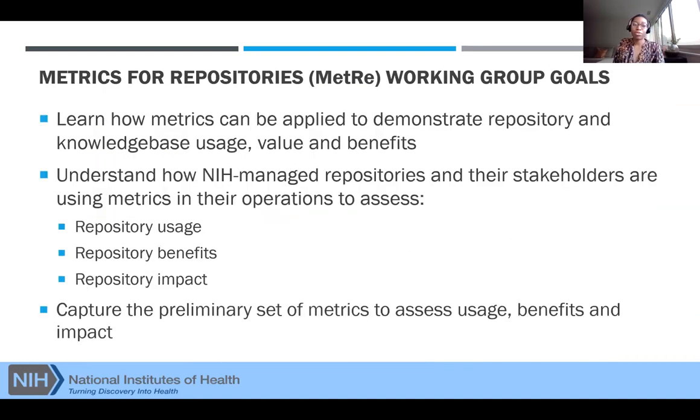So the Metrics for Repositories Working Group goals are to learn how metrics can be applied to demonstrate repository and knowledge-base usage, value, and benefits. We also want to understand how NIH managed repositories and their stakeholders are using metrics in their operations to assess these three things. And finally, we wanted to capture a preliminary set of metrics to assess usage, benefits, and impact.